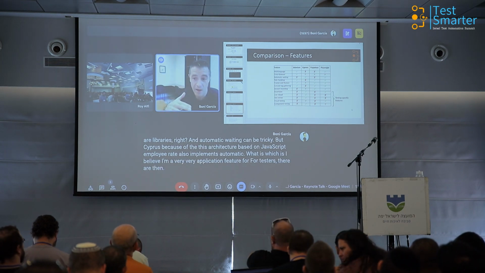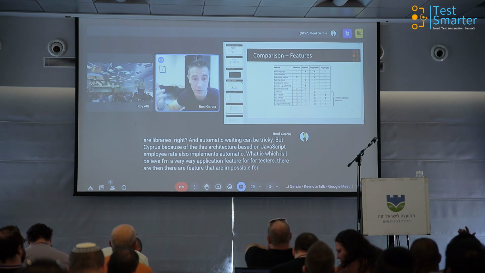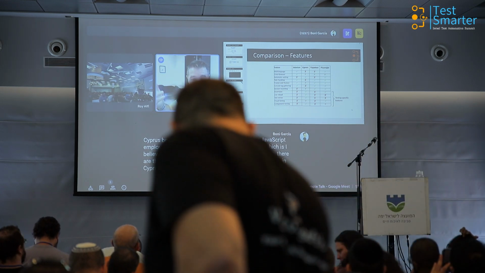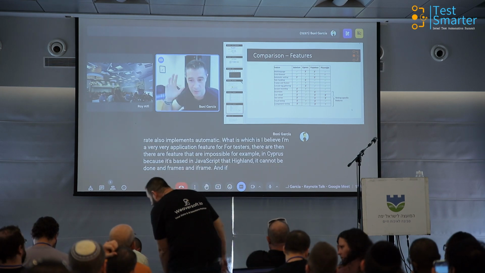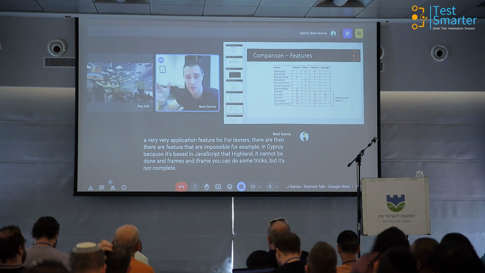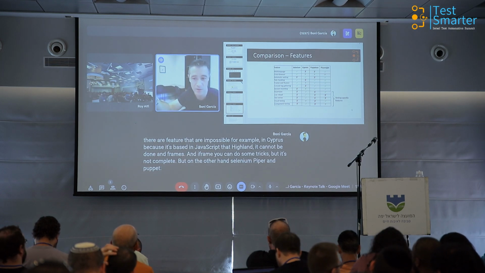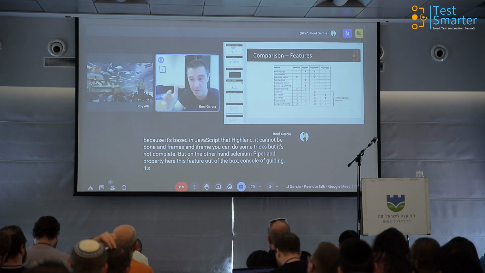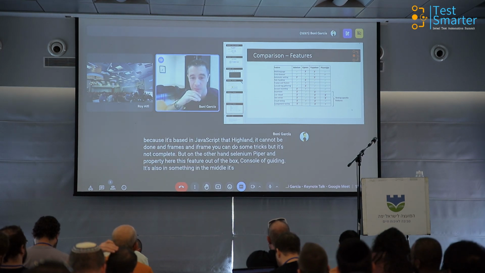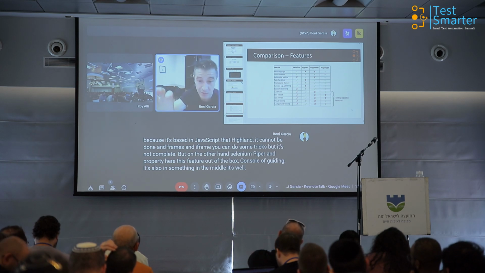There are features that are impossible, for example, in Cypress because it's based on JavaScript. Tab handling, it cannot be done. Frames and iframes, you can do some tricks, but it's not complete. But on the other hand, in Selenium, Playwright, and Puppeteer, these features are out of the box. Console log gathering is also something in the middle. It's well supported, and the final set of